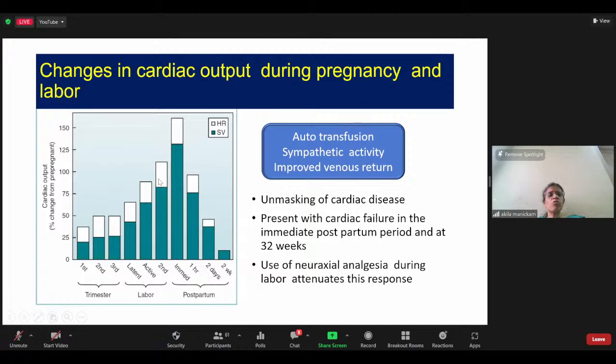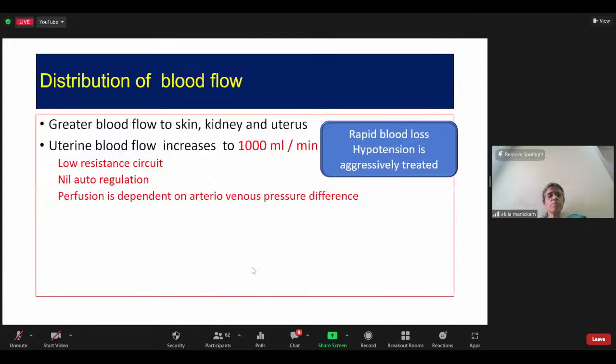How do we avoid this, knowing this physiology? It is advisable to use neuraxial anesthesia during labor and give them opioids so that this sympathetic activity is abolished. Also, by giving adequate pain relief, you decrease the bearing down reflex, and the associated autotransfusion can also be brought down to a certain extent. And then at the end of the birth of the baby, we can give a dose of Lasix, which will help with the increased extracellular water that occurs following labor.